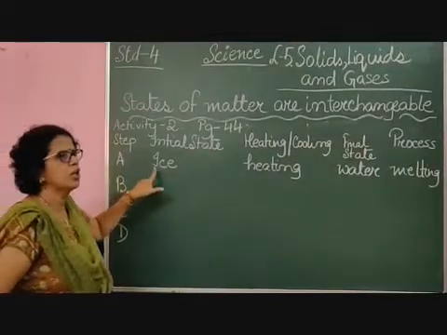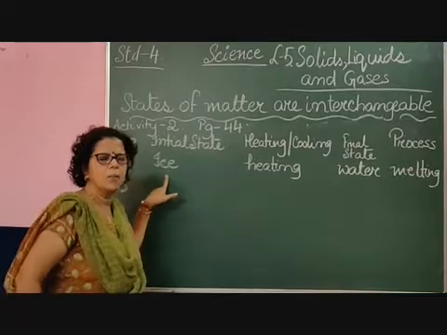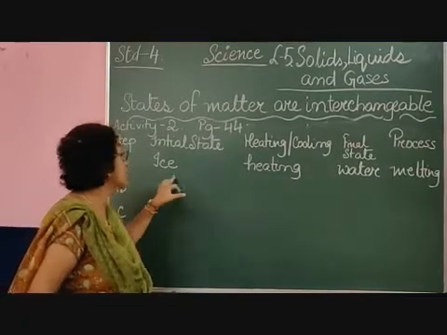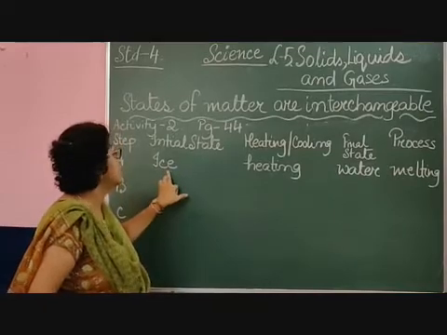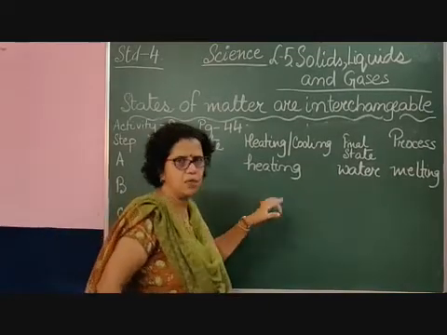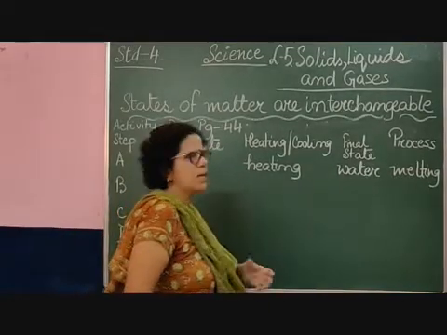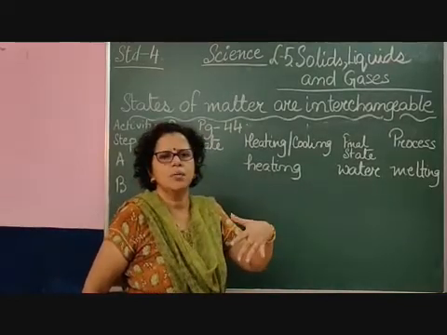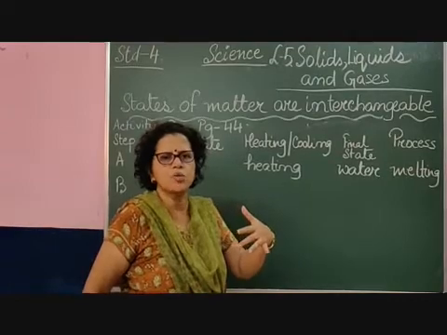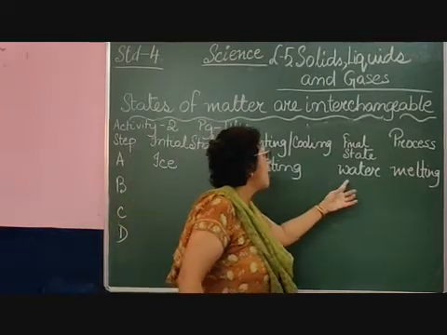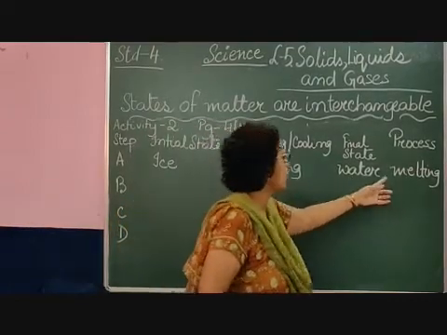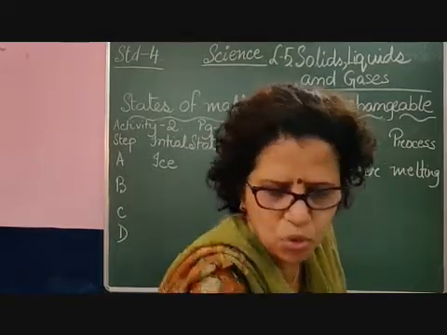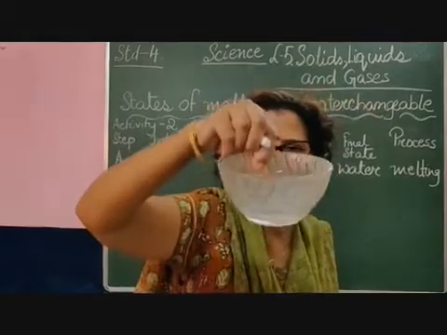The initial thing is ice. You take out a block of ice from your freezer. You have ice cube boxes where you can make ice. And then, ice on heating. If you heat the ice, what happens? Heating means you take the ice out, and naturally the temperature is higher outside, so it starts melting and it becomes water. So the process is melting. It melts into water, like I showed you that ice has melted into water.